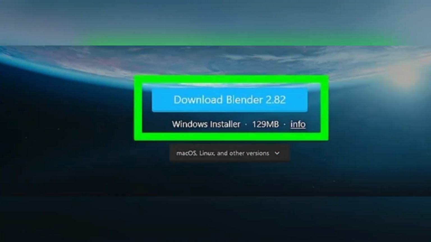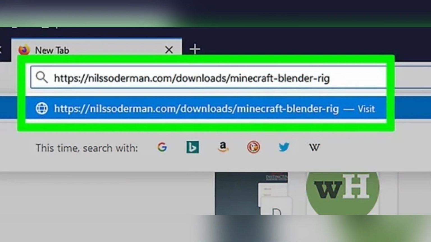is free for everyone. On the download page, click the main download button to get the latest version of Blender for your operating system. Once the file finishes downloading, open it from your browser or your Downloads folder and follow the on-screen instructions to install Blender. If you're not on Windows, you can use the drop-down menu on the download page to select the correct version for your system. After installing Blender, open another browser tab and go to